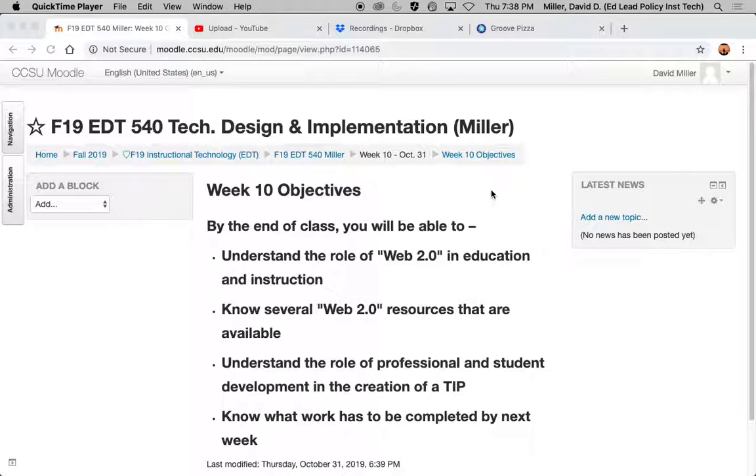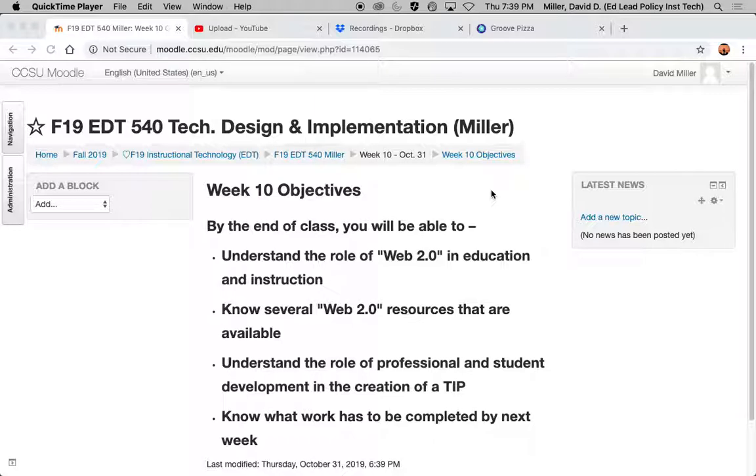So I want to talk about phase 4, which is basically about professional development or training related to your TIP. And then I want to follow up with what we were going to be talking about last week with Web 2.0. And hopefully everybody's got a Web 2.0 app. I just thought it would be fun to have everybody talk about the app that they found, introduce it a little bit.